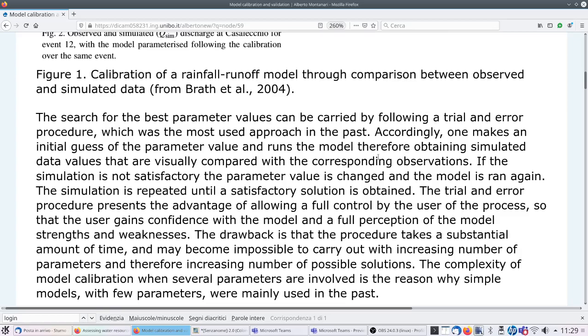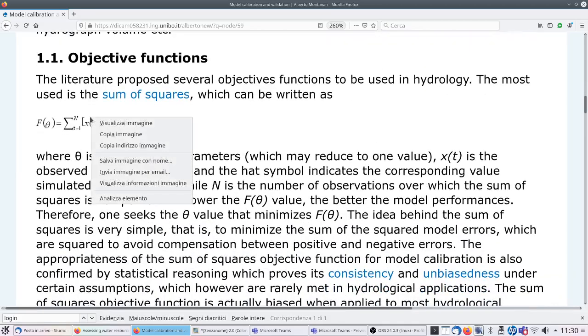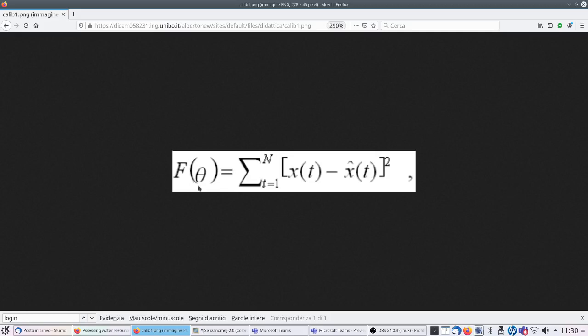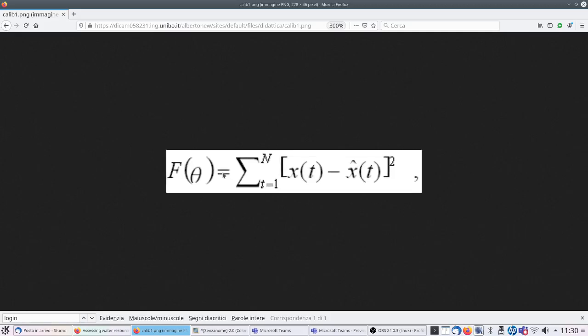Now I want to discuss the metric that we used to assess model performances. Let me show this image. We use this sum of squares. If you scroll down the web page, okay, we are getting it. So here, f indicates the metric. This function indicates the metric that we use to assess model performances, and we call it objective function. It's called objective function in the literature, and some contributions call it target function, but I think objective function is clearer, and it's the function that